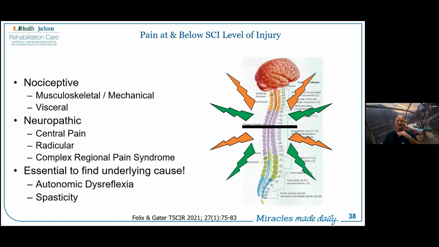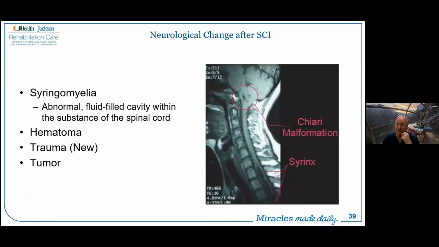If it is at or below the level of the injury, remember that it can cause autonomic dysreflexia as well as increased spasticity. So finding the underlying cause, just because a person has a spinal cord injury and they may not feel the pain, if they have a significant autonomic dysreflexia or spasticity because of that nociceptive input, that can basically, as we talked about before, cause stroke, seizures, organ failure, and death in some cases.